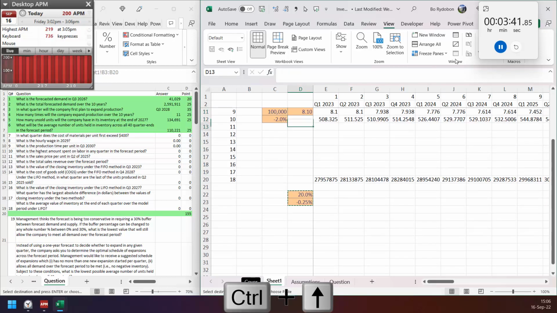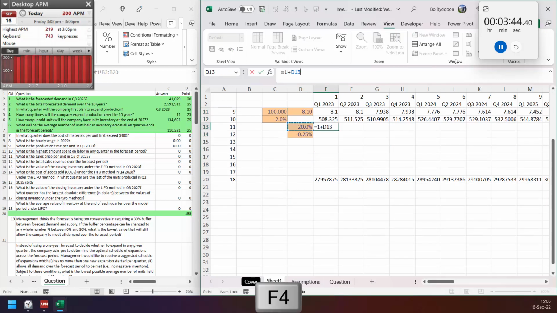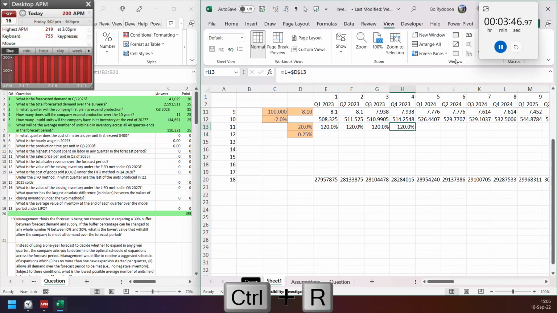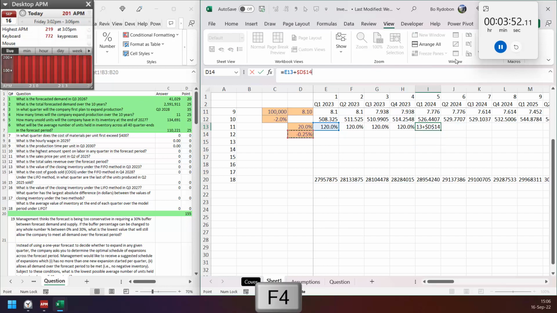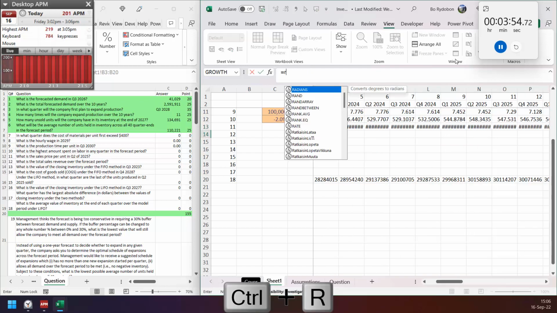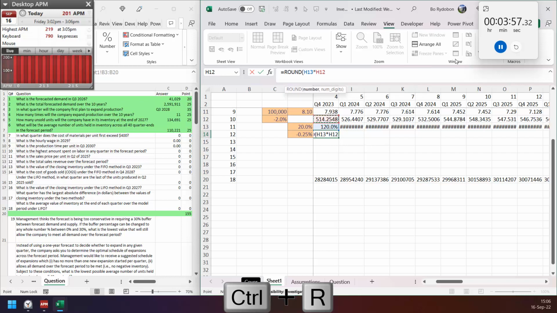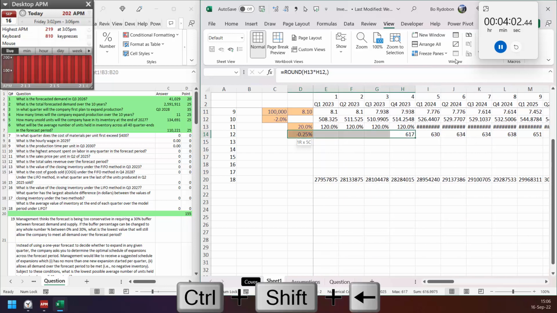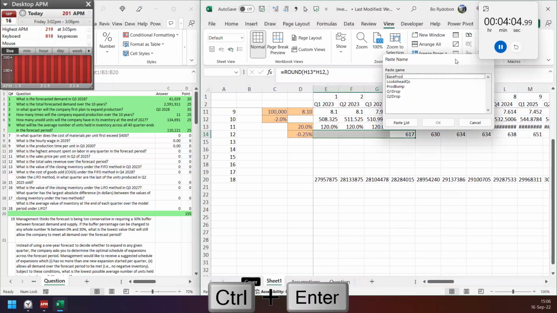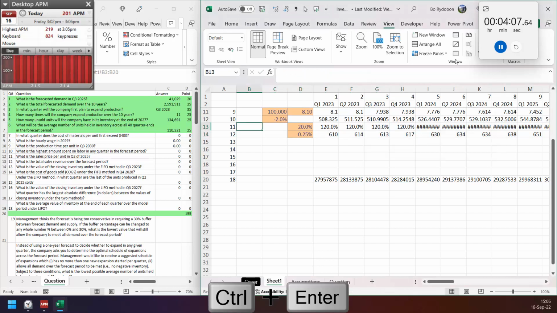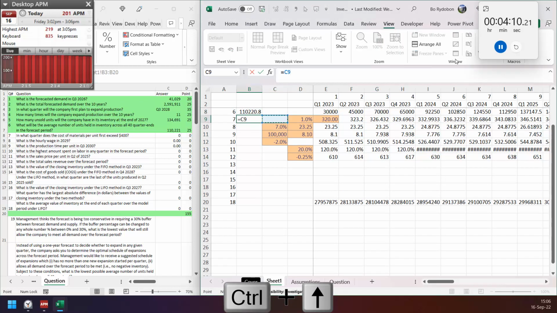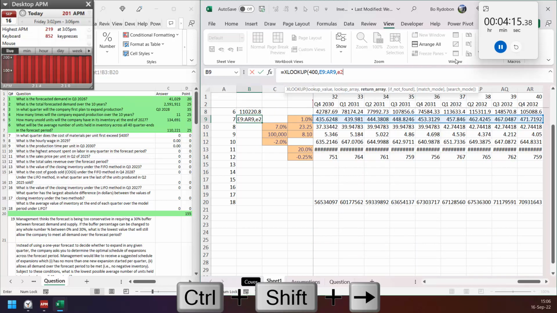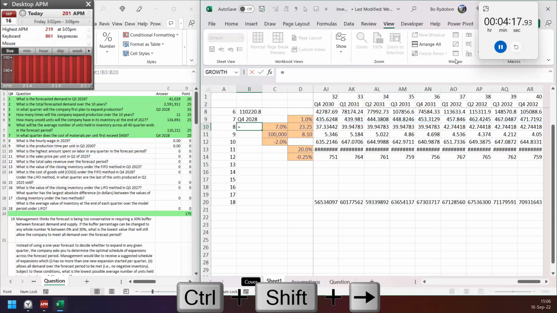Then this is markup, so markup is 1 yearly again, so I need this one, and this is just state minus here, copy to the right, and this is the sale price, so I need to round this one to the 0, copy to the right, then answer. Oh, not copy enough. Okay, so material exit, so I use XLOOKUP for 400 on this one, return quarter, and lookup minus 1 here,